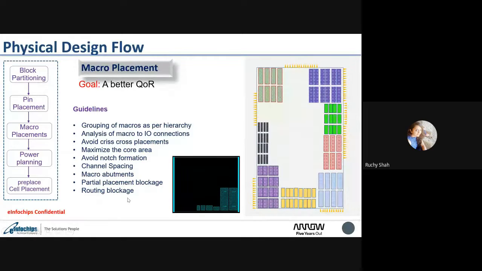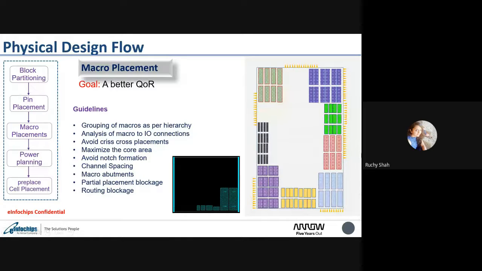Okay, then routing blockage. We know that inside standard cells, only one metal layer is used to develop the standard cells. For example, in the 16 nanometer technology node, only M1 is used inside the standard cell. So the power routing and signal routing are all done above M1, from M2, M3, M4 onwards.